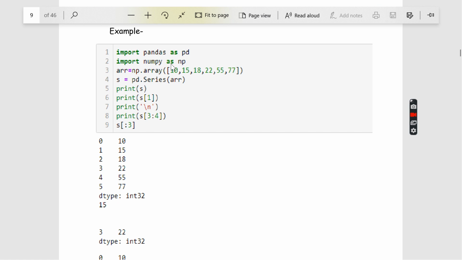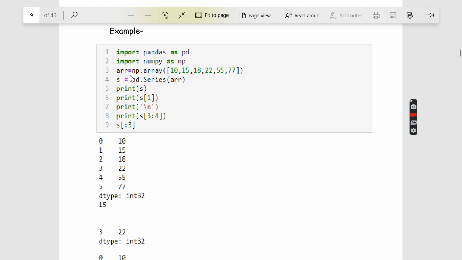The array has been given with np.array, or else you can directly give list items in list 1 or list 2, whatever variable names can be given. These are listed items given in an array. You saw np.array last time, so that is used over here, but we can simply go with a list also.